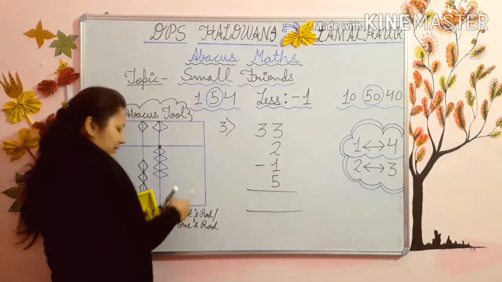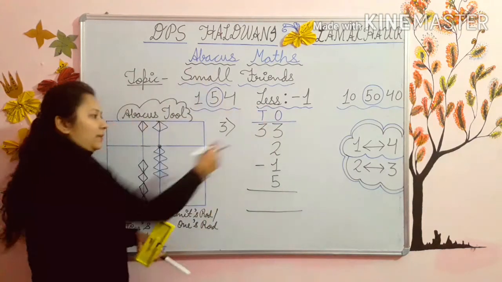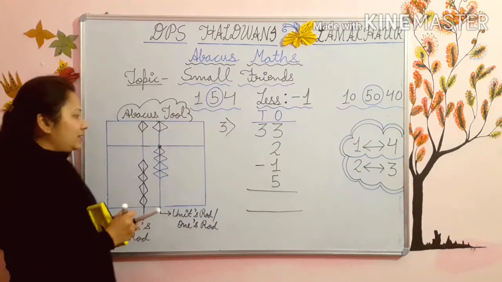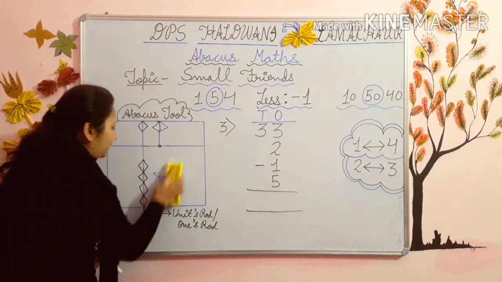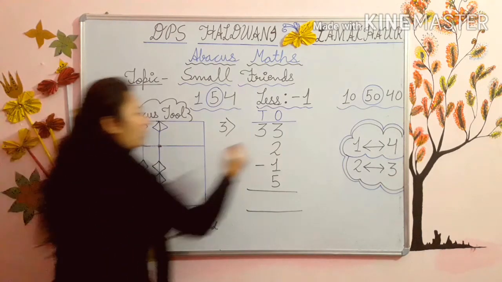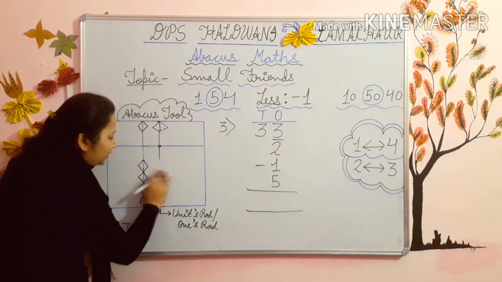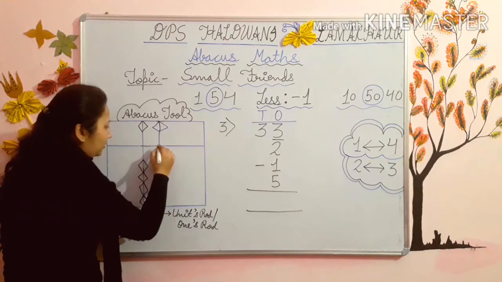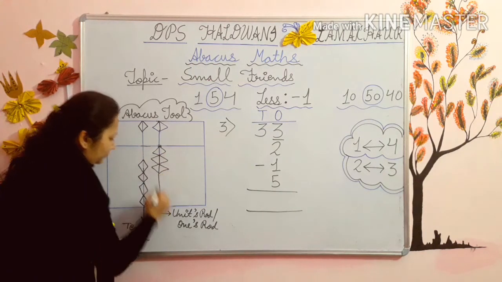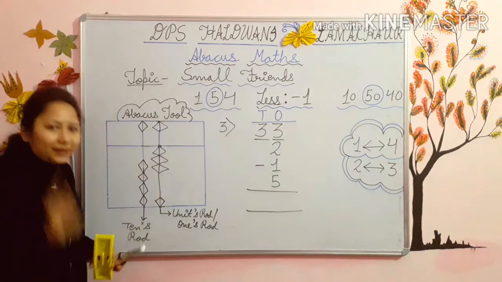Now kids, you can see that it has 1's rod also and 10's rod also. See, 1 row is this and 1 number is here also. So let's start. Set your abacus, upper beads up, lower beads down. Now, first of all, add 3 in 1's rod. 3 means put the 3 beads up. 1, 2, 3. 3 beads up.